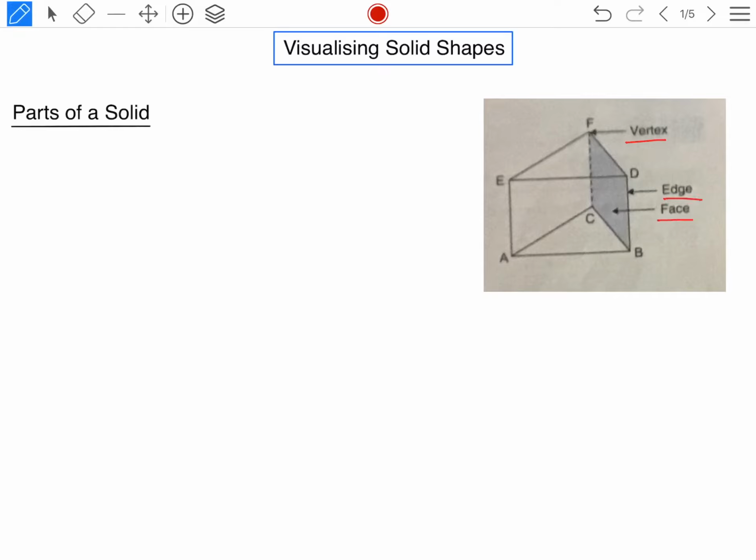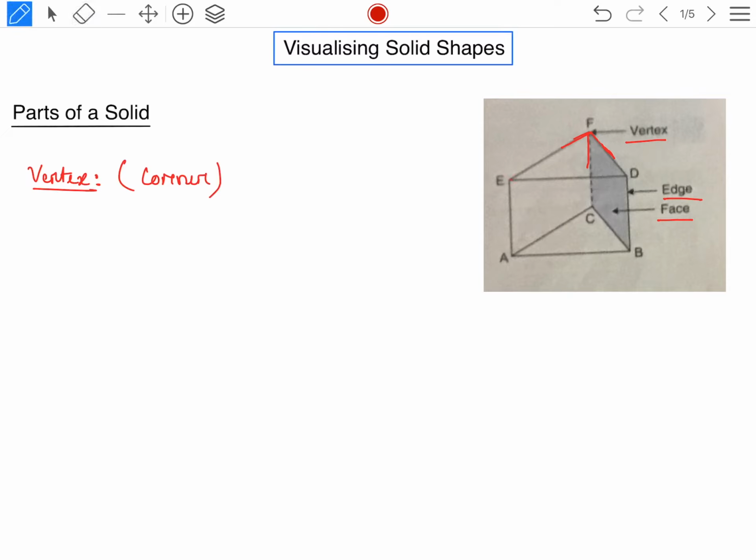Now the first thing you have to understand is what is a vertex. Vertex means it is a point where three faces of a solid meet. Here in this case, vertex means you can say it is the corner. Here this is one side, this is another side, this is another side. Three faces, they are meeting together and they are forming the vertex.